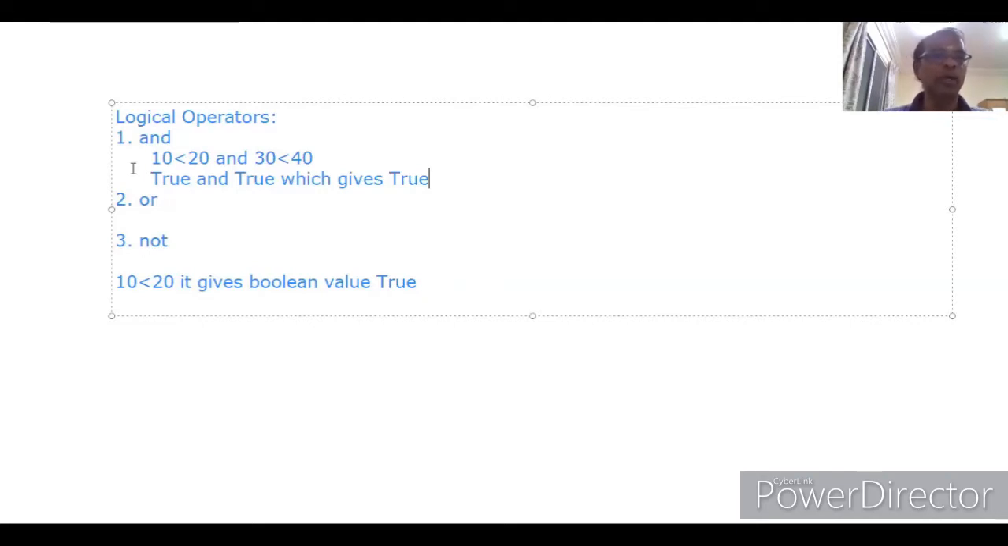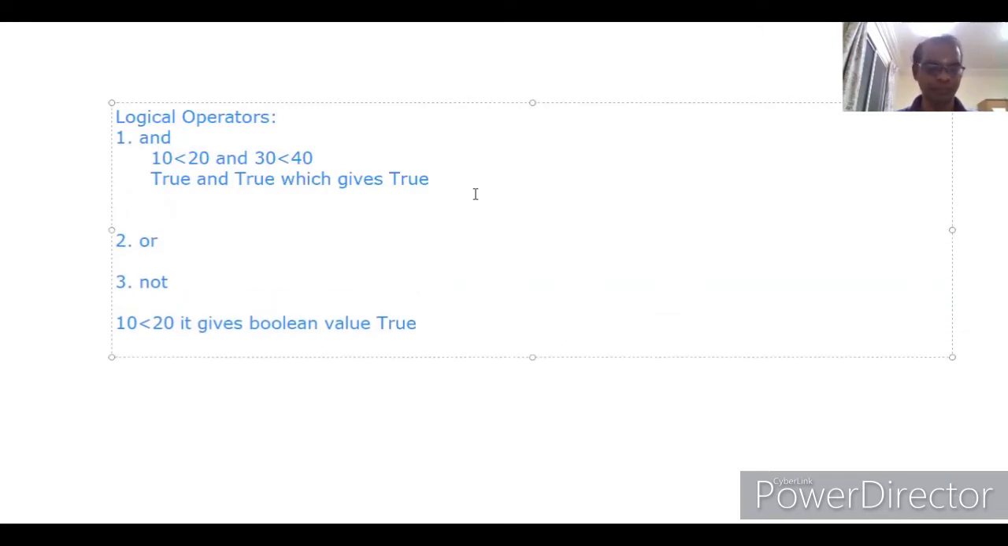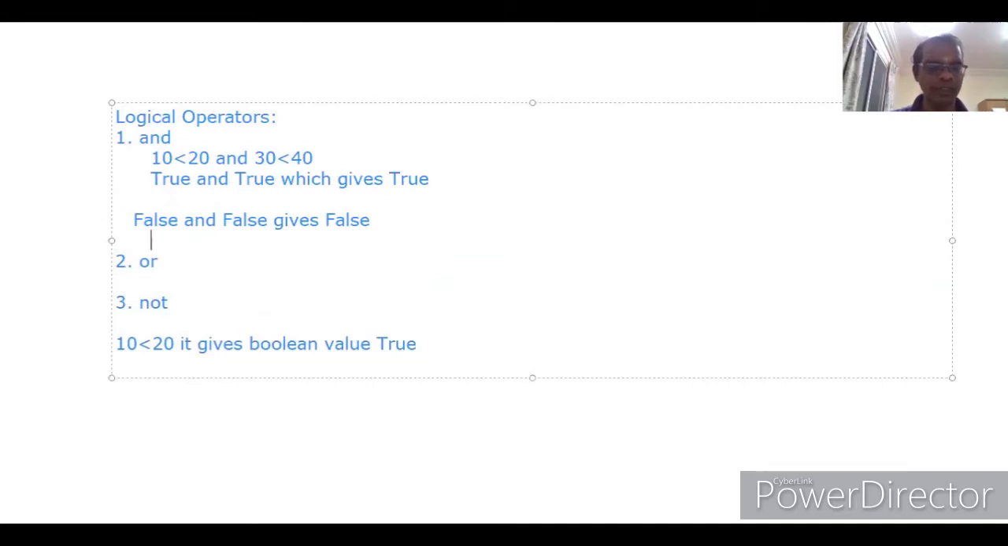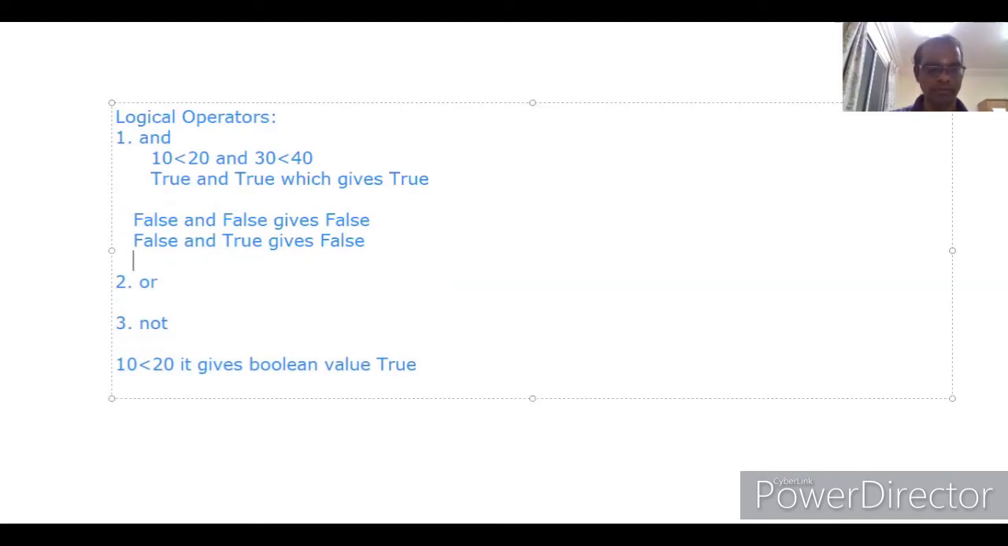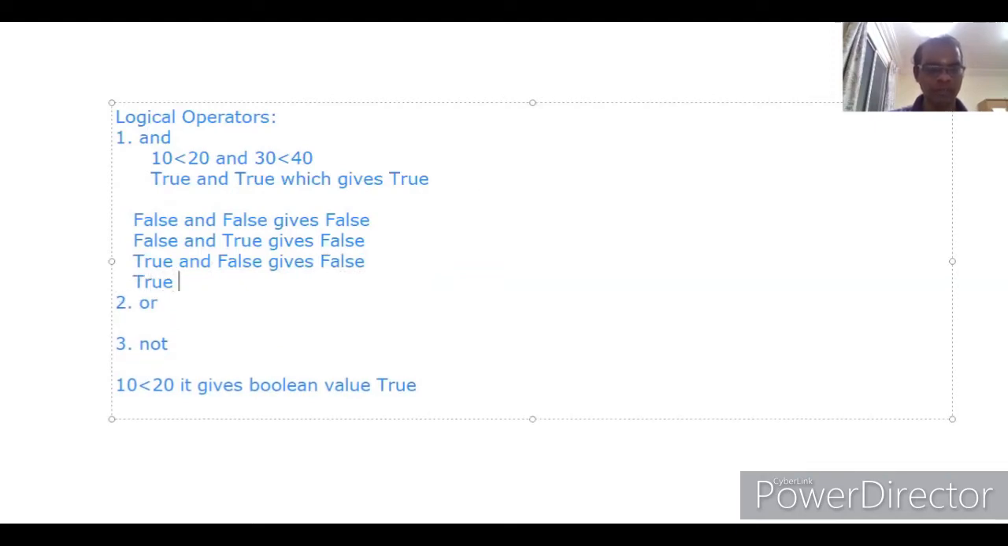Now we will see what is the difference between AND, OR and NOT. First we'll study about AND. Here we should have one table. False and false gives false. False and false gives false. False and true gives false. True and false also gives false. True and true